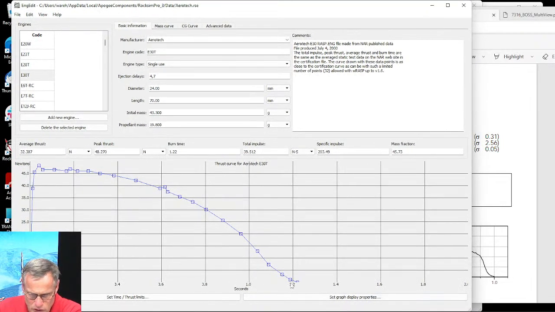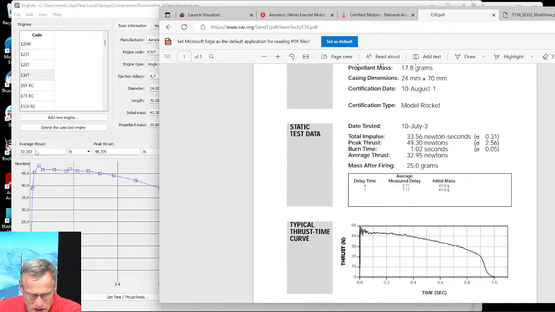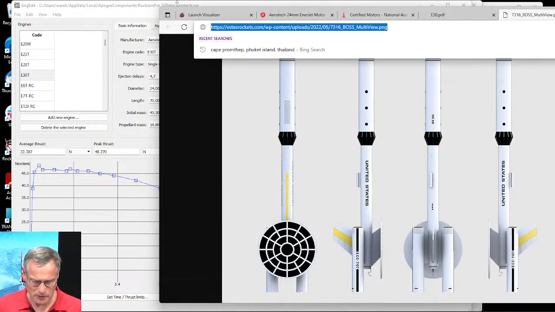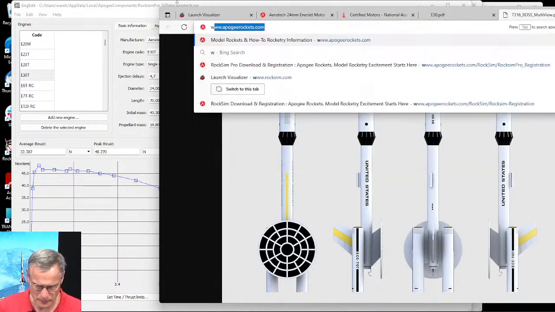So we've got to shorten that burn time, and we've got to reduce the points. These points right here, we've got to bring them down till it matches right here. So that's one way of doing it. Another way is if I open up a new browser, and if I go to thrustcurve.com,